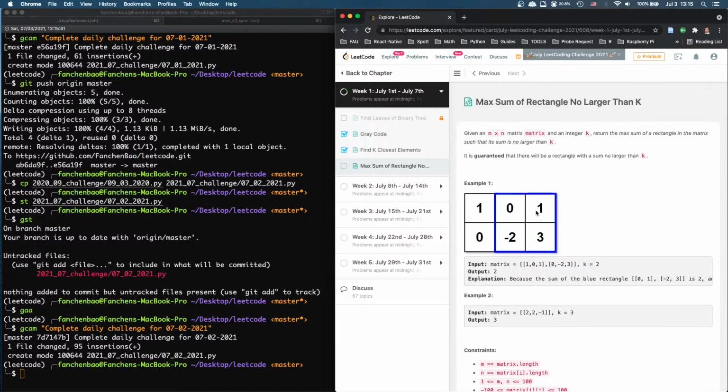Anyway, let's take a look. So we want a rectangle. That could be a rectangle, right? This could be a rectangle. This could be a rectangle. At least one rectangle with sum no larger than k. 2 is the maximum, so what we're gonna return is the sum, right? Return the max sum. So we just search through the rectangles and look for the sum. We can see if we can get a k. If we can get a k, then we have the result. If we cannot get k, k minus 1, k minus 2,